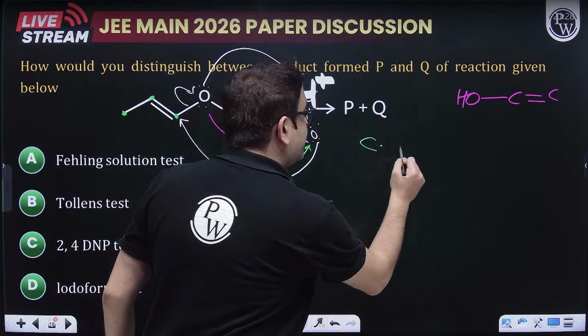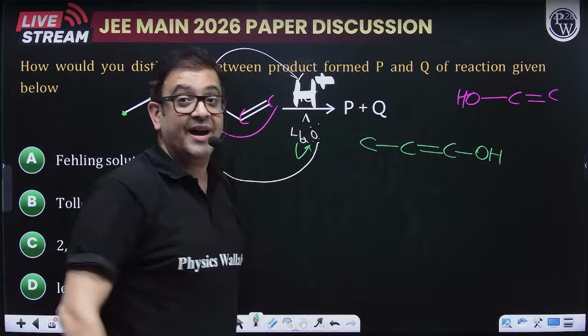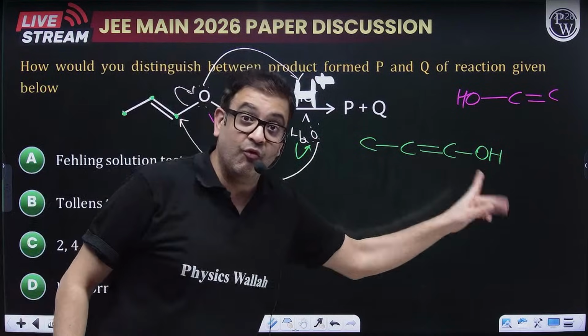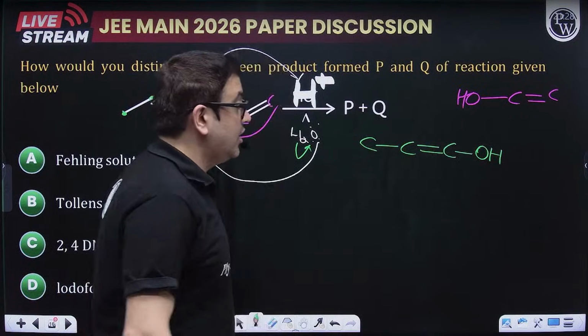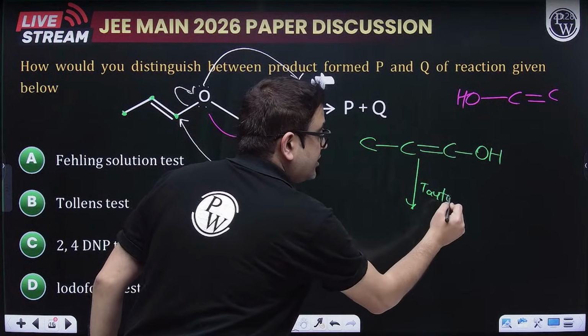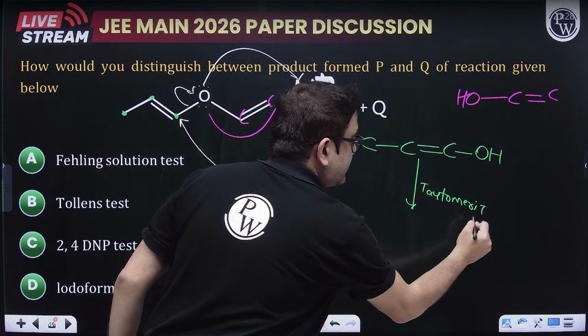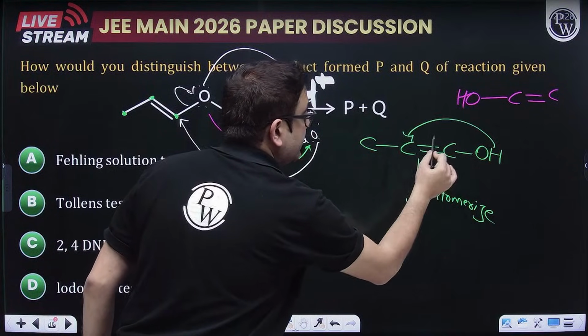So first carbon, second carbon, double bonded third carbon, and it has been recently introduced by another OH, but from water, from the solvent. Sir, it is also enol. So it will also get tautomerized because enol is not stable. So it will also get tautomerized, and this H will be coming here, and this double bond will be,